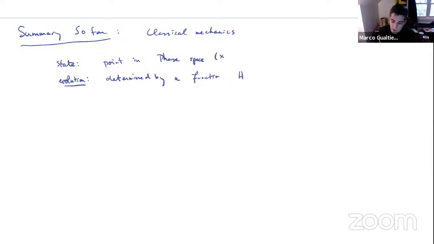So the phase space has x and p coordinates, and this is a function of x and p, via the Poisson bracket,